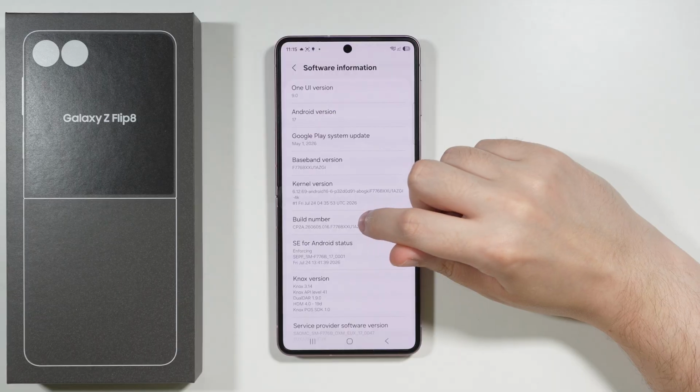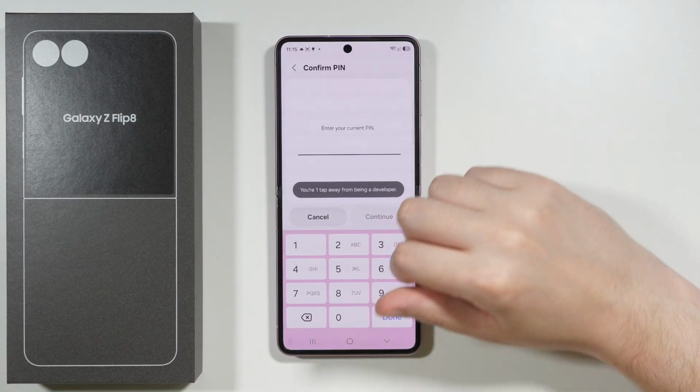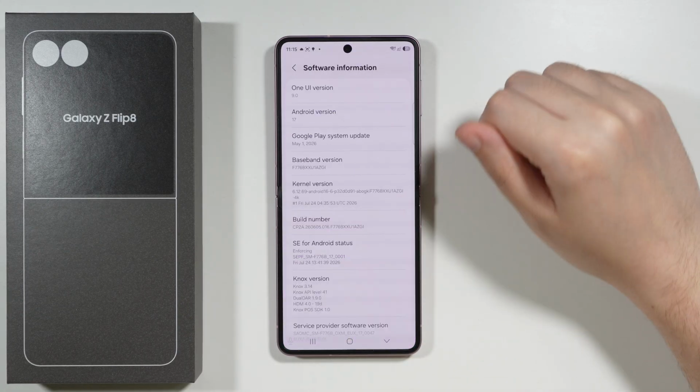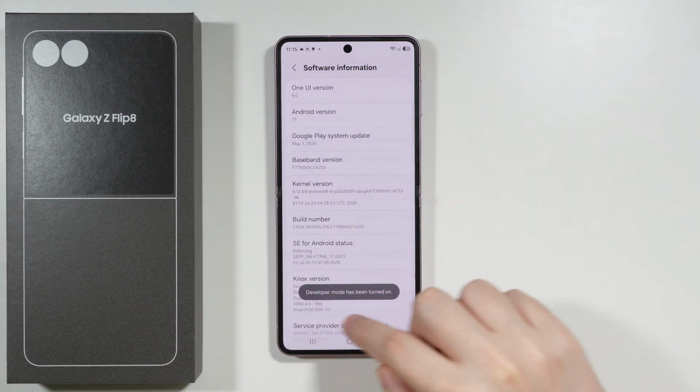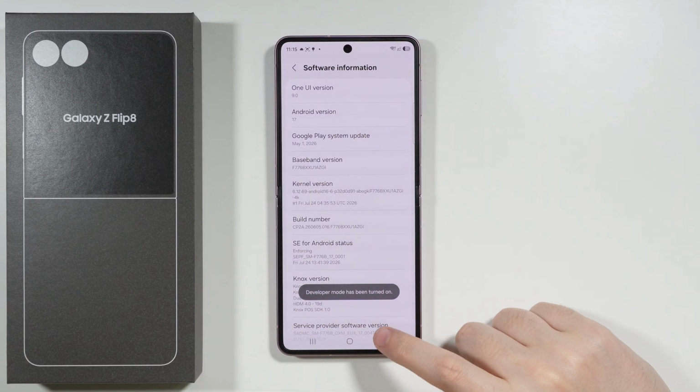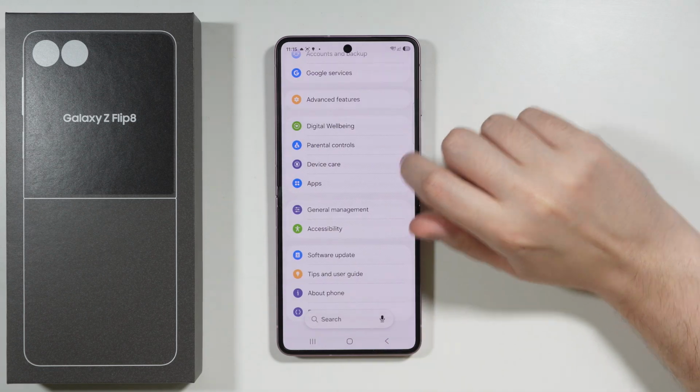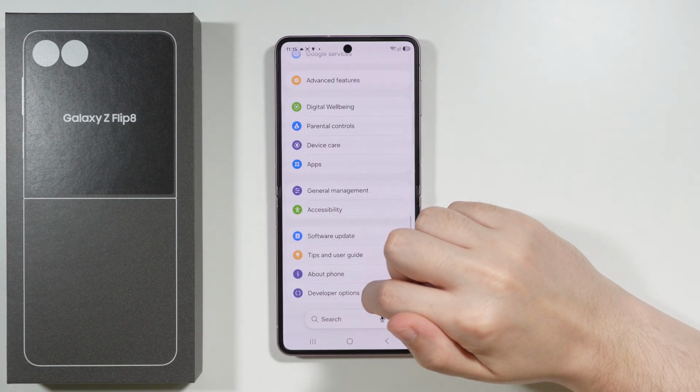So let's go here and keep tapping on the build number until you need to enter your screen lock password and continue. Then confirm that you want to allow development settings, and you will see this information that developer mode has been turned on. We're gonna go back to settings, and then below About Phone, you should be able to